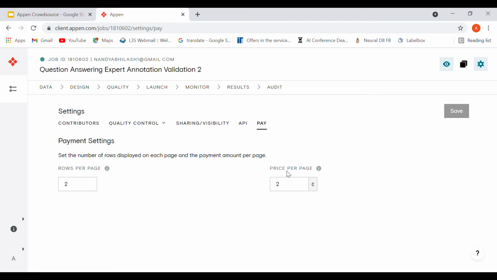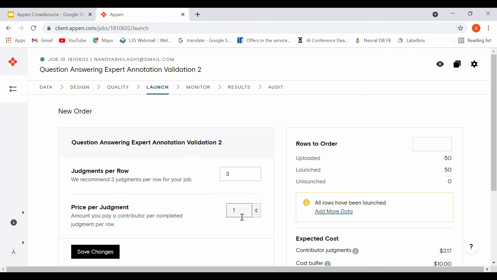And price per page, you can either set it here, but I would suggest you go back to launch, because we have covered all settings here. Go back to launch, and over here you select the price per judgment. There is now this term judgment. So what is a judgment? A judgment is basically a single annotation.